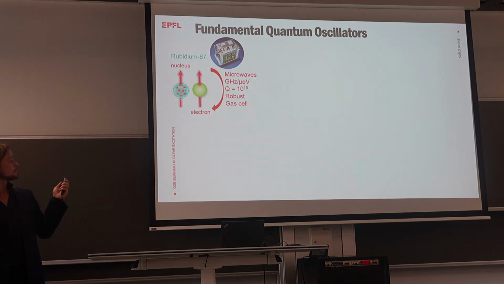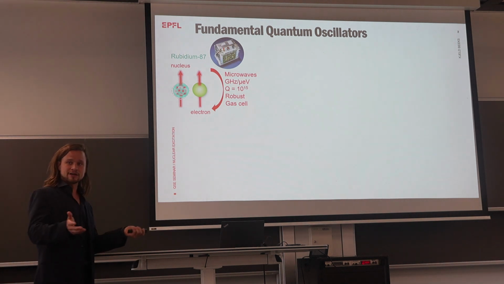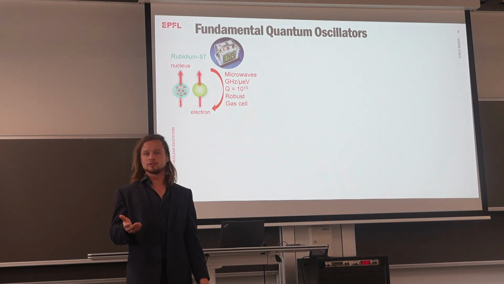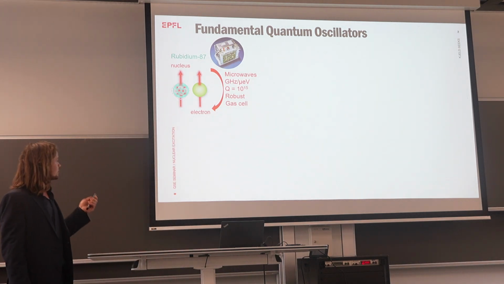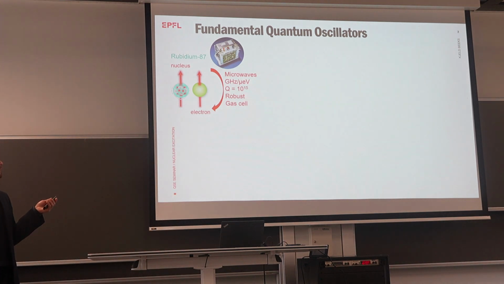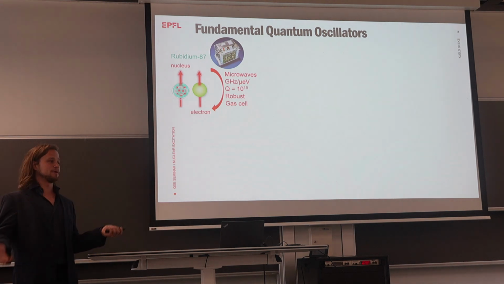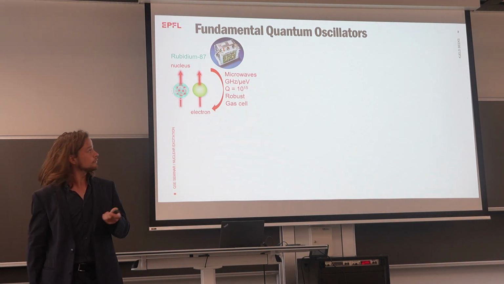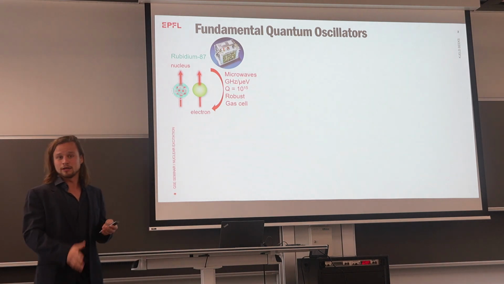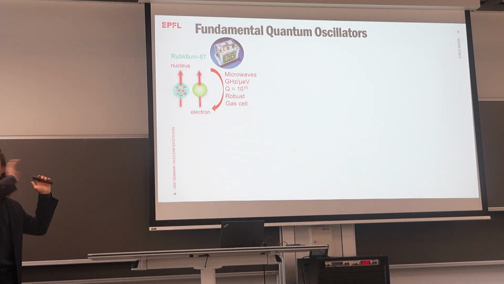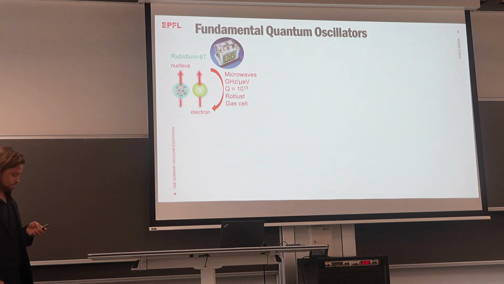These excitations are quite robust, and usually they put them in a gas cell. You can just have a gas cell, and they do spectroscopy by shooting microwaves at it and looking at what comes out. One of the first applications there was the rubidium-87 clock that is now on many GPS satellites and the like. Quite small, like a box like this, where they probe this microwave transition in rubidium.